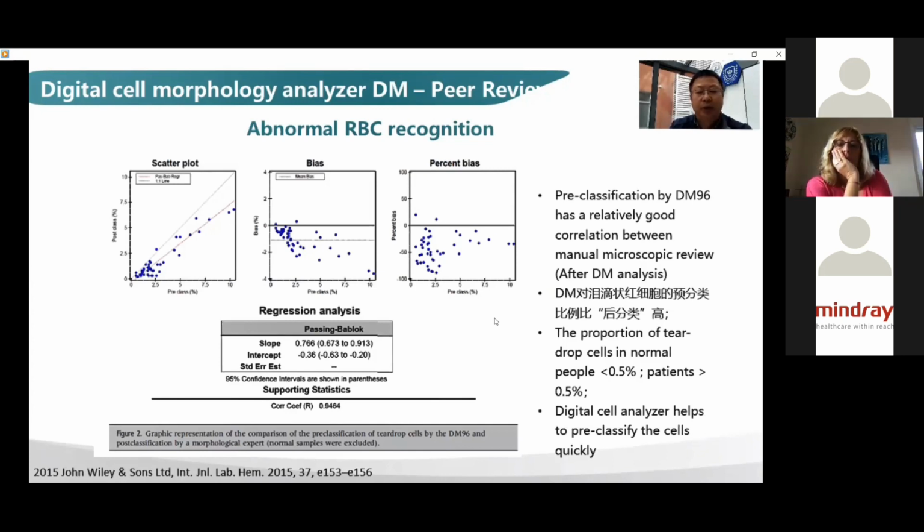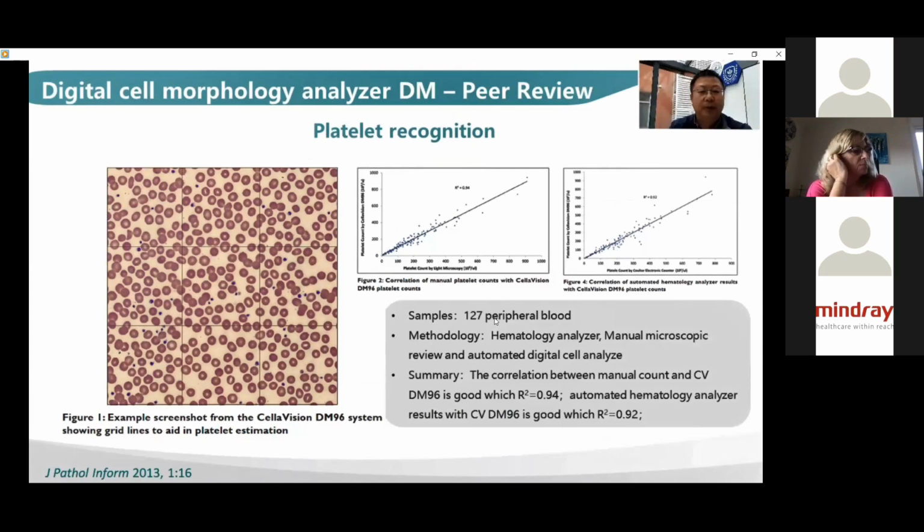The digital cell analyzer helps to pre-classify the cell quickly. 通常是要高于0.5%的。那么我们自动阅片机 Well, in this way, you can see that the automatic reader can actually provide a better view in this regard. 大家可以看这张图跟表啊。那么我们对于127例的外周血样本，那么我们用这个血液分析进行这个比较。You can say that we use the cell morphology analyzer, the DM, for the peer review,